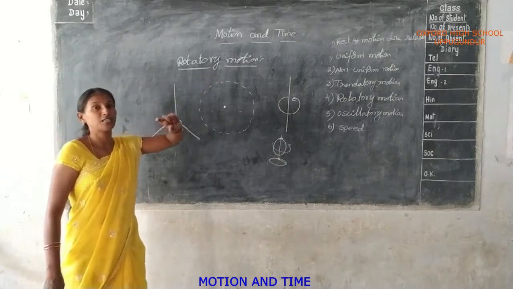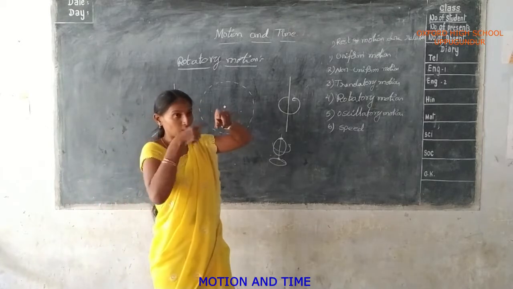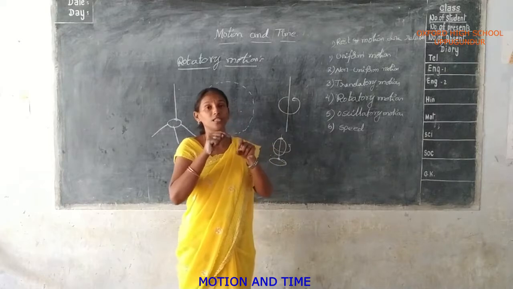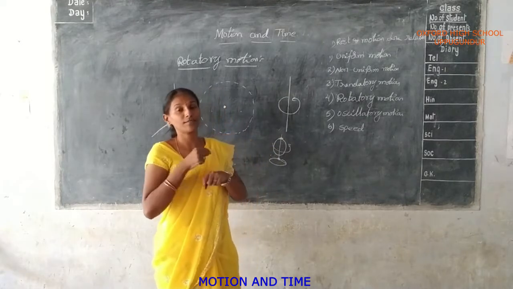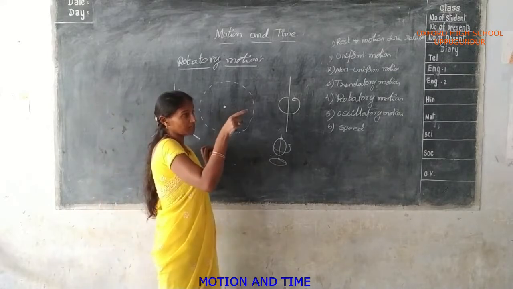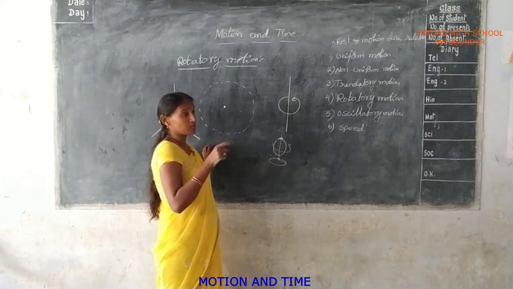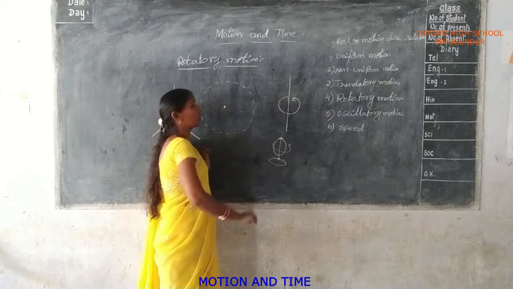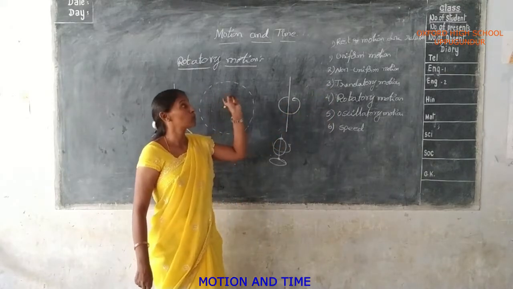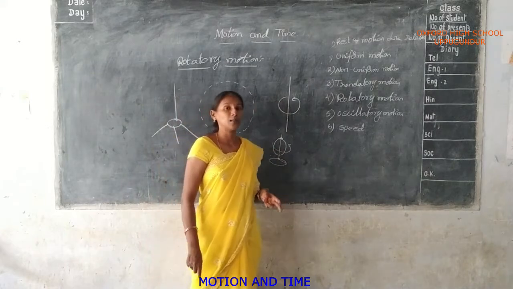And a drill bit. A drill bit also moves in rotatory and translatory motion. Yes or no? So both are observed in a drill bit. That is the motion of the drill bit. The drill bit is moving into the wall. So what is observed? Rotatory and translatory motion, both, are observed in a drill bit.